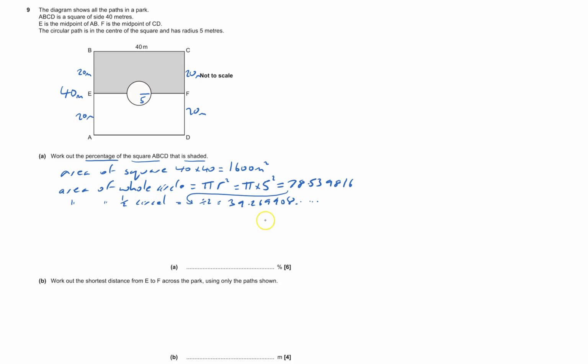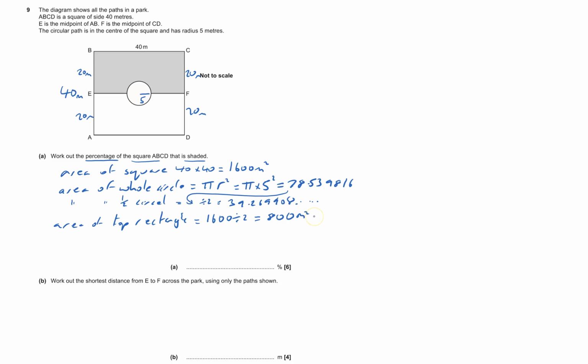Right, so I've got that bit. Area of the top rectangle, and that is going to be half the square, so that will be 1600 divided by 2, which equals 800